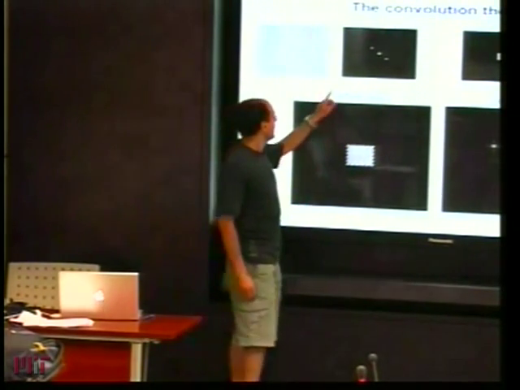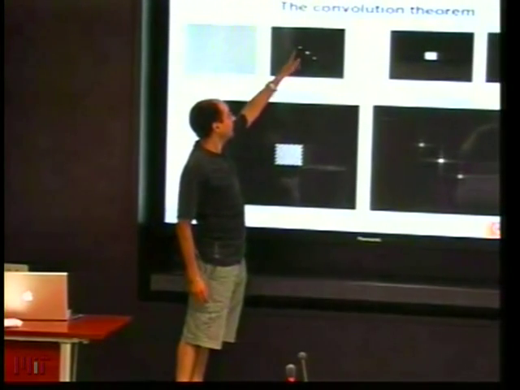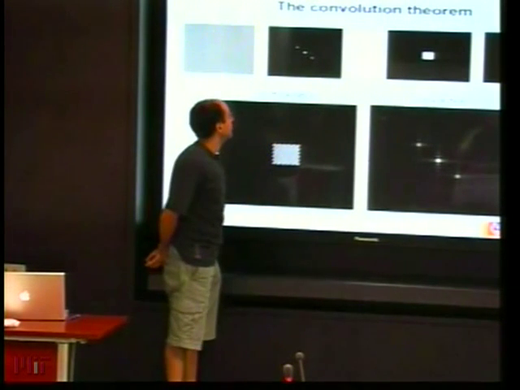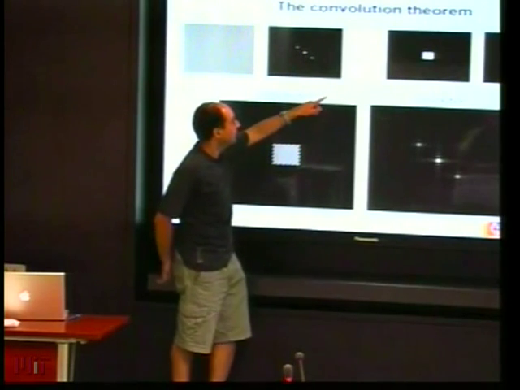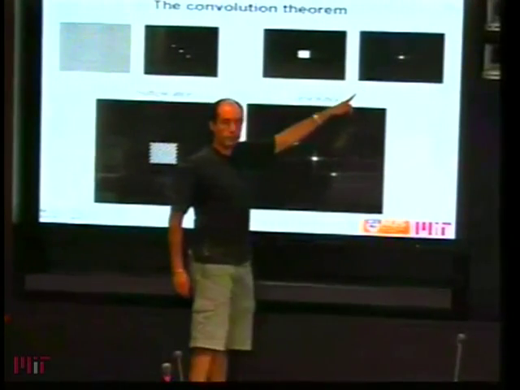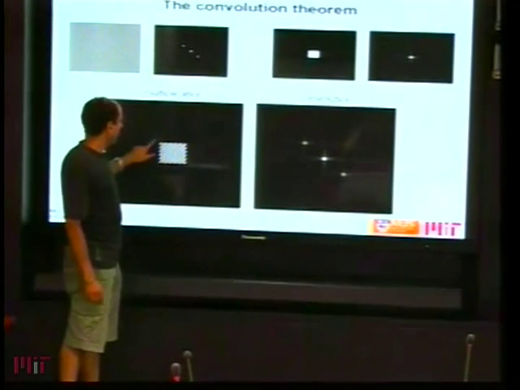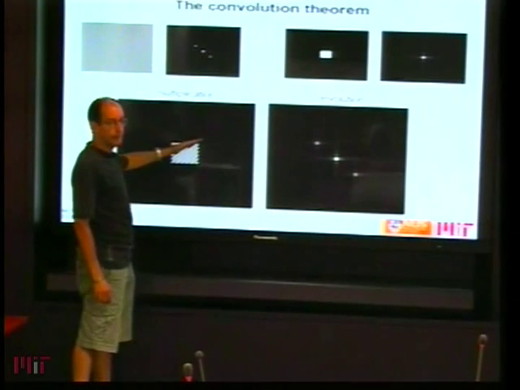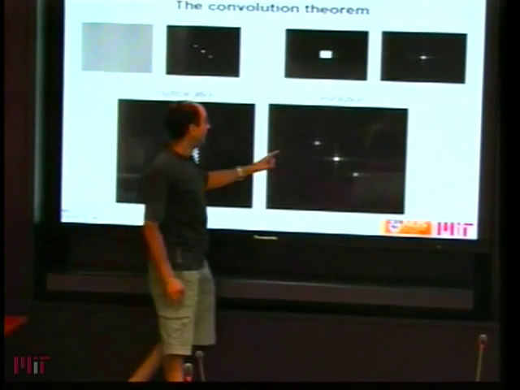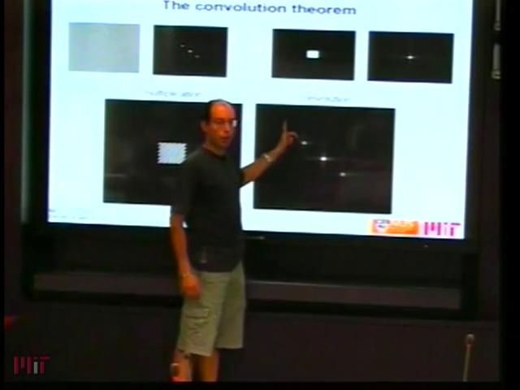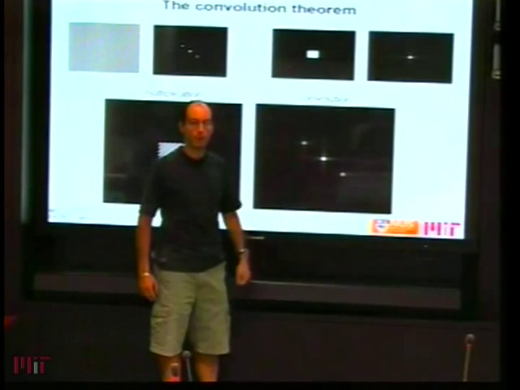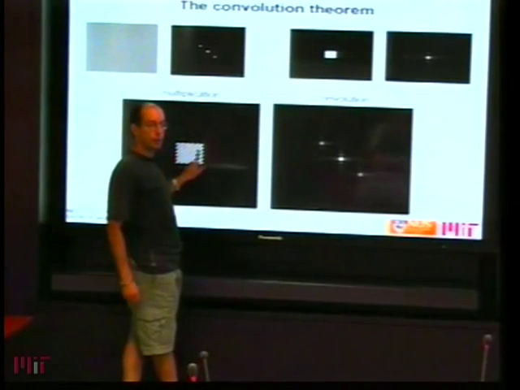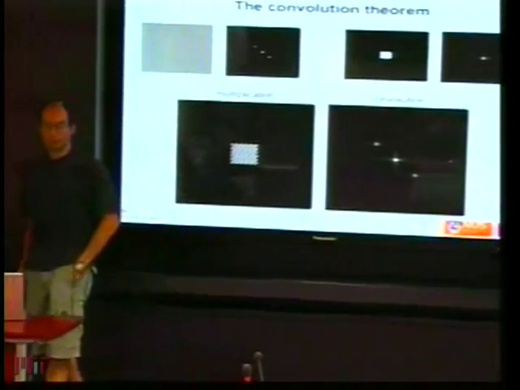So you see what happened. The infinite grating gives you 3 delta functions whose axis is perpendicular to the fringes of the grating, and the one at the origin is stronger. Of course, the rectangular function produces a sinc pattern, and then when you convolve them, when you have a tilted grating now and multiply it by a rect, you get 3 sinc patterns oriented along the same axis, which is perpendicular to the fringes of the grating, but the sinc pattern itself is perpendicular to the rectangular aperture. So this is what the convolution theorem says.